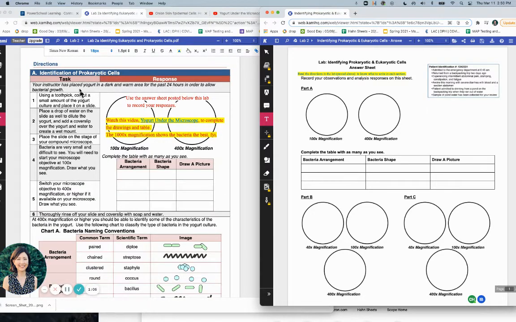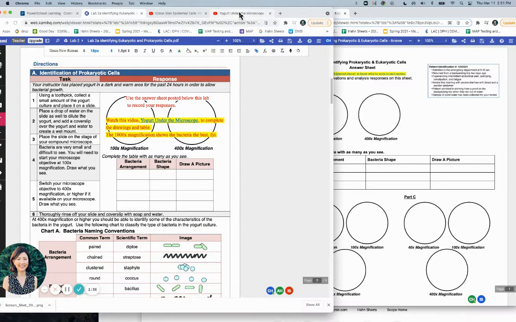We're going to go ahead and pretend we're carrying out the lab, but instead of actually setting up everything with microscopes and slides, we're going to watch somebody else do the lab, and then we're going to draw our cells onto this answer sheet. So the first type of cell we're going to look at is prokaryotic cells, and so we're going to look at yogurt under the microscope. So right here,